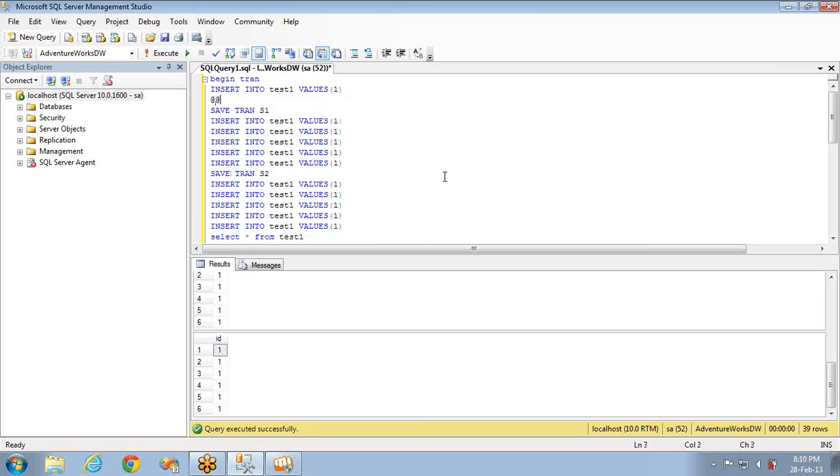The one way is making use of the @@ERROR global variable. Using this @@ERROR global variable, you can find out whether there is any error occurred, and if there is any error occurred, you can roll back. For example,